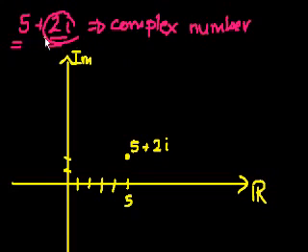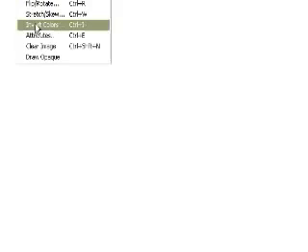But now that we've defined what a complex number is, let's see how we can operate with it. So what happens when we add two complex numbers? Let's say we have two complex numbers. One is a plus bi. So the real part is a, the imaginary part is bi. And let's say that I have another complex number called c plus